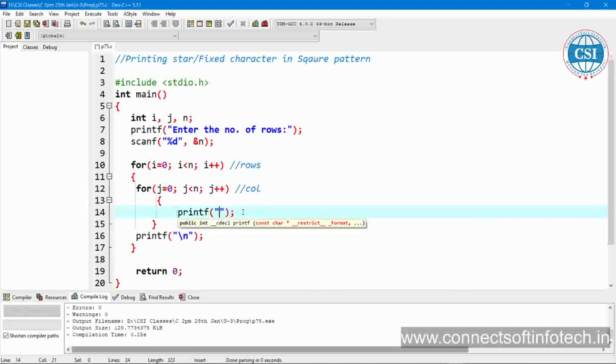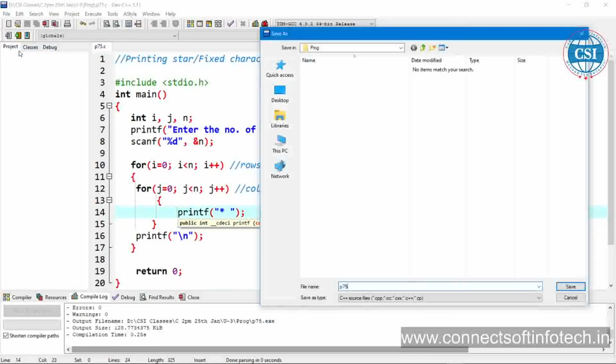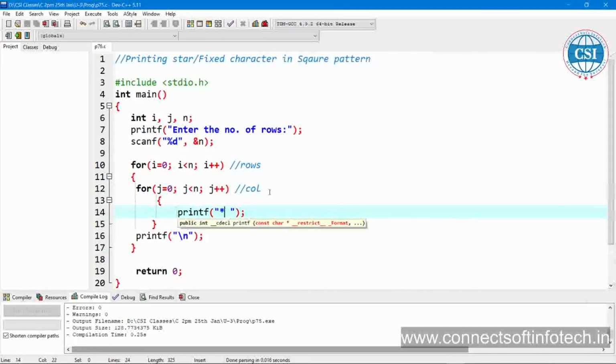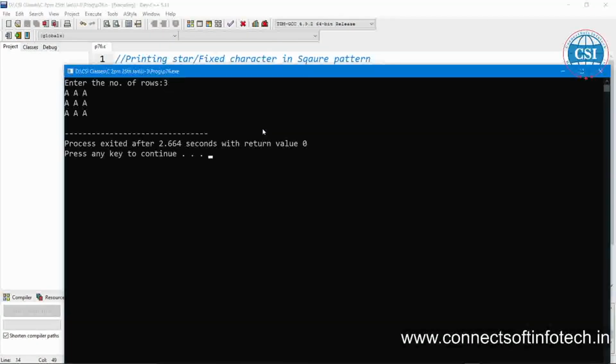Just whatever character you want, print here and space, then save as 76. Now instead of that one I can write %c then space comma 65. Okay, that is the ASCII code. I can give here ASCII 65, that is print character A. Okay, number of rows 3 is